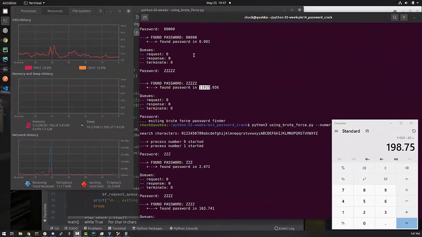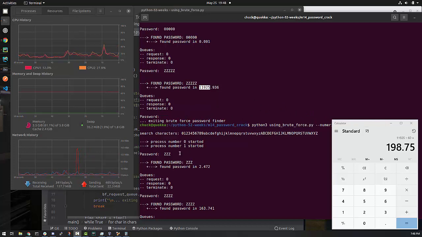Okay, so that took a whole lot longer than I thought. Here is my ZZZZZ. You can see it took 11,925 seconds. And I did the calculation here. That is 198 minutes, which is 3 hours and 18 minutes or something like that. In other words, it took a really long time. And I was surprised at that. I thought it might be a bug. I suppose it still could be a bug technically.